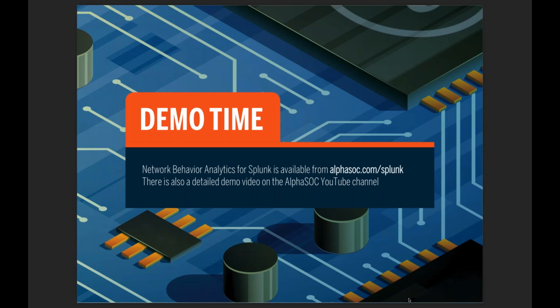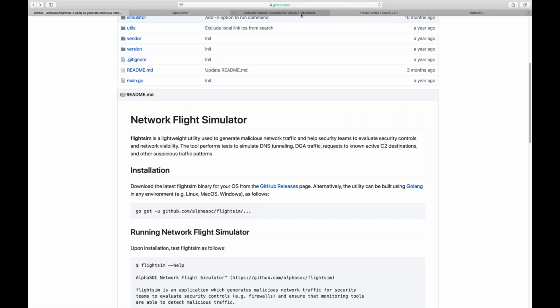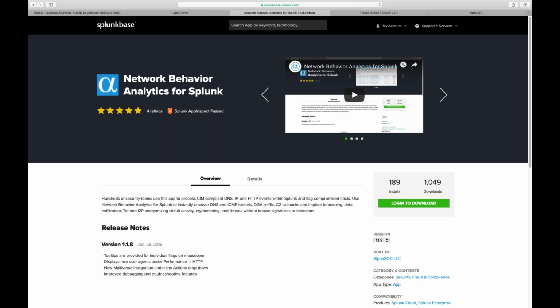And again, we have another 30-minute detailed demo of the tool, which just steps through setup and configuration, and so forth. So let me jump back into here. This then is the Splunk Base page, which shows that once you're logged in, you can download it. The first time that you run the app, it will self-provision an API key. There's no need to talk to any sales folks. You can get up and running and evaluate the tool within minutes if you already have Splunk and your data